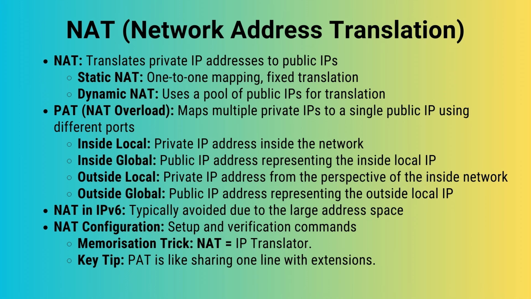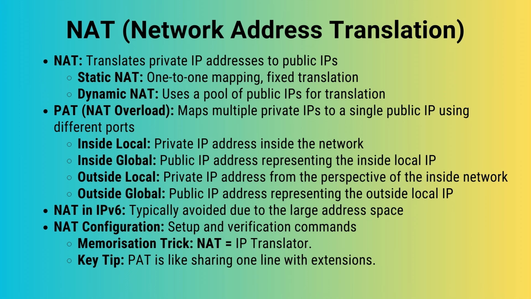PAT or NAT overload maps multiple private IPs to a single public IP using different ports, the most common form of NAT in home and small business networks. Inside local refers to the private IP address inside the network, while inside global is the public IP representing the inside device. Outside local is how inside hosts see an outside device, and outside global is the actual public IP of an outside device. NAT terminology can be confusing, so think of inside as your private network and local as